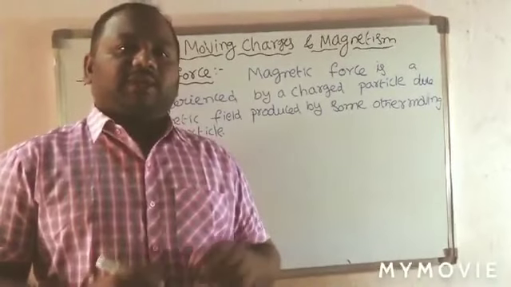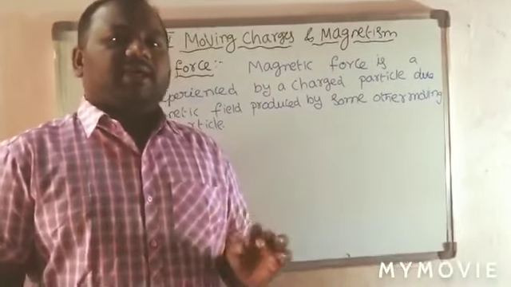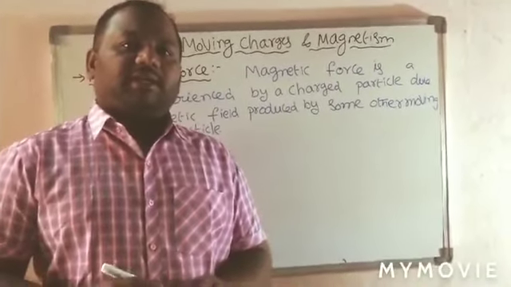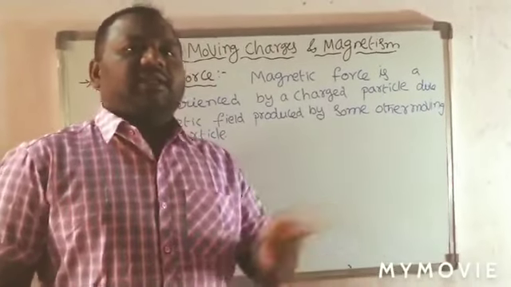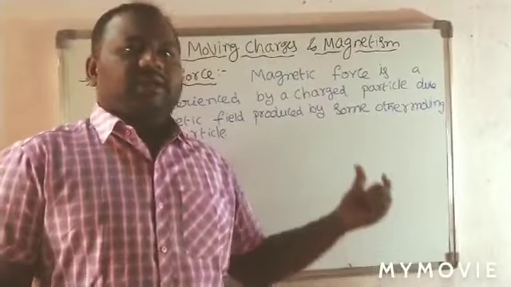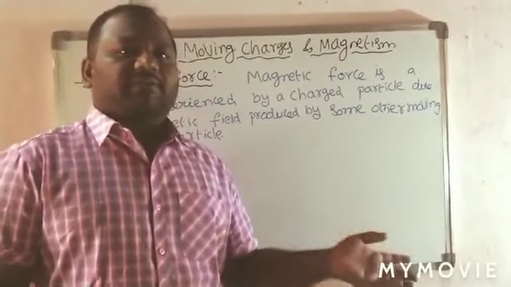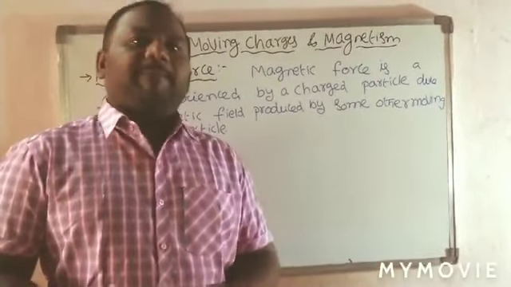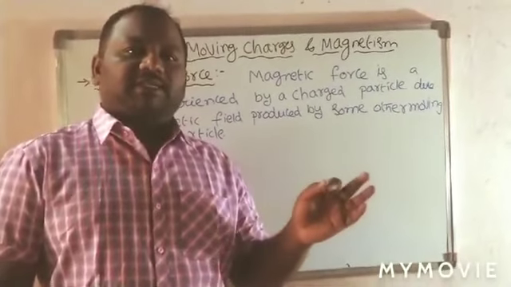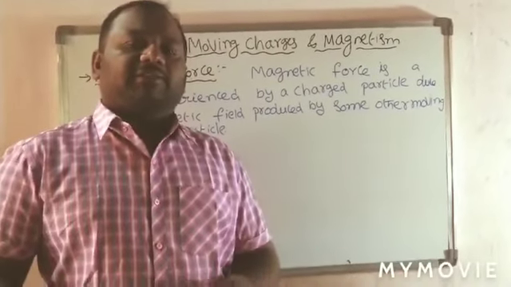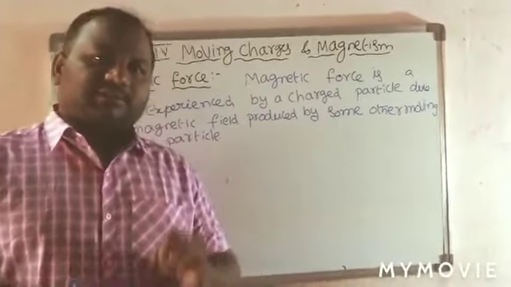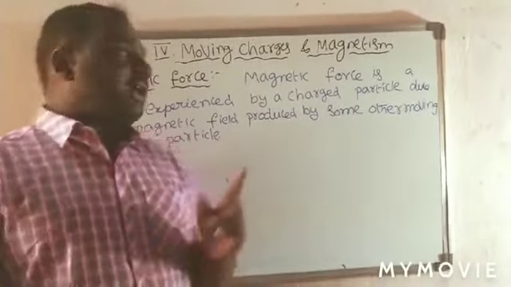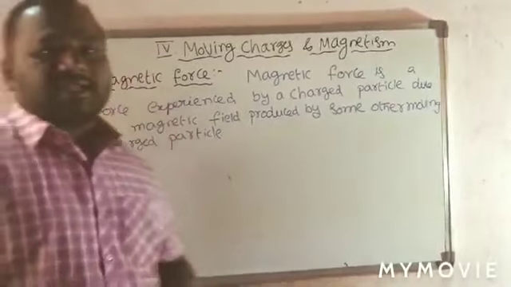And after that we discussed what the magnetic field is. Here the magnetic field is nothing but the lines of force around the conductor. We compared that magnetic field with the electric field. The electric field is produced by static charge, whereas the magnetic field is produced by moving charges. Now, in today's session, we are going to study what the magnetic force is.